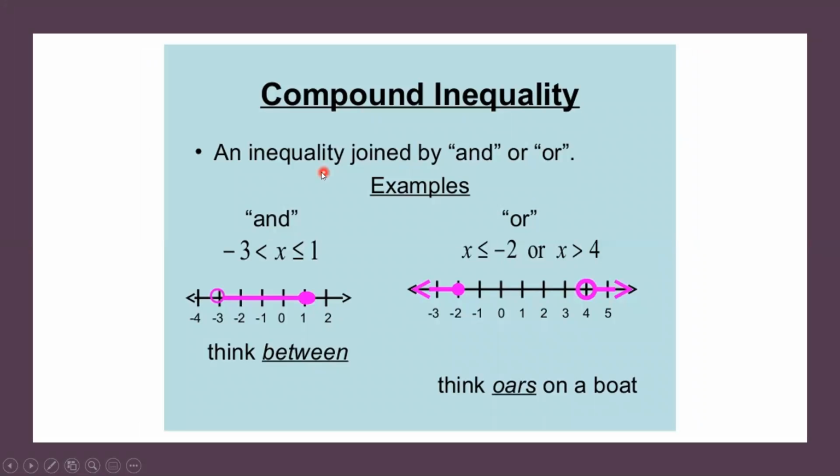Okay, and also we have compound inequalities. That means when we have two signs in an inequality, an inequality joined by 'and' or 'or'. So as you can see here, -3 is less than x is less than or equal to 1. So -3 is less than x. It's open, as you can see, guys, the dot is open because -3 is not included, right? Then x is less than or equal to 1, and it is closed because 1 is included. Okay, so now we have x is less than or equal to -2 or x is greater than